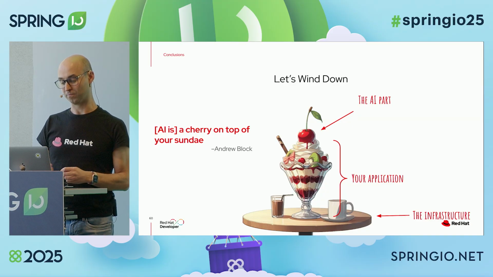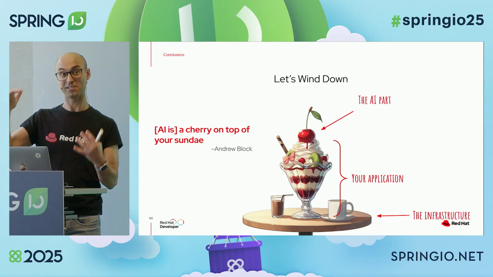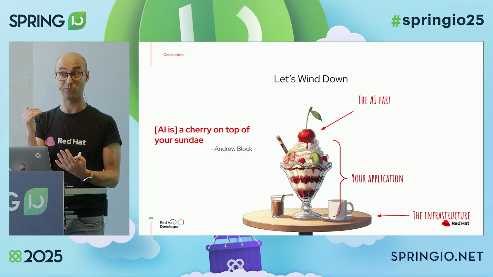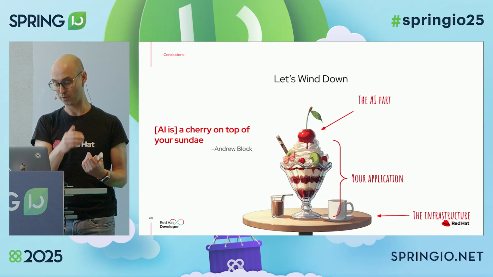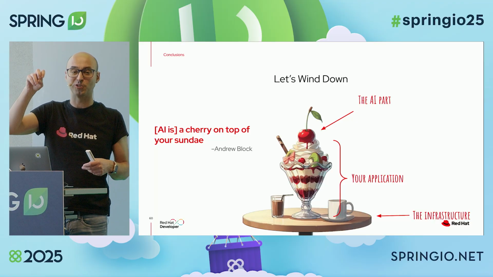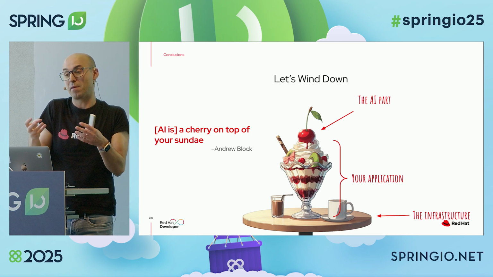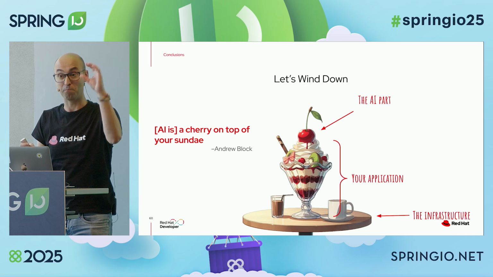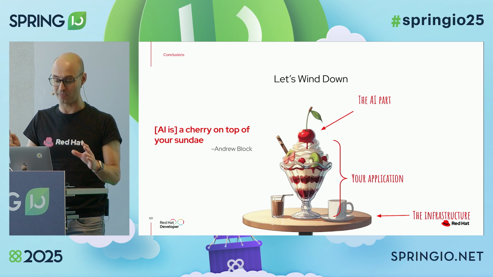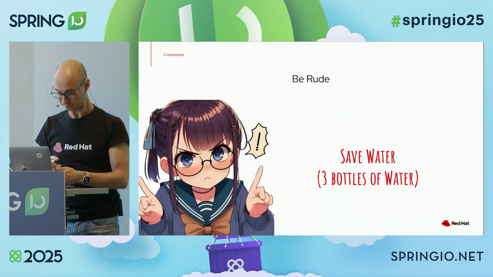Also, keep in mind, this is your application. Your application is doing, as I said, all the deterministic parts, which is what we are used to working with. And now the AI part is just the cherry on top of your sundae, right? It's nice to have, but maybe it's not necessary at all, but it's important to have. So just keep in mind you still need to test your application correctly.